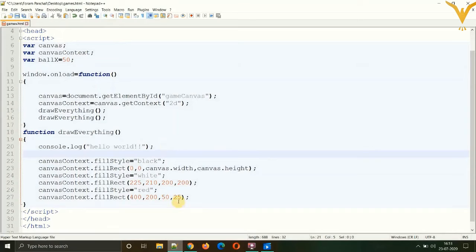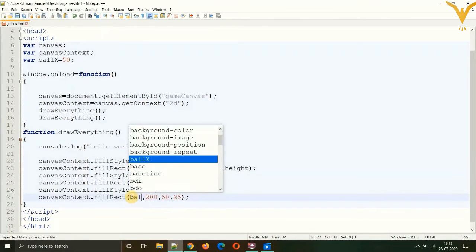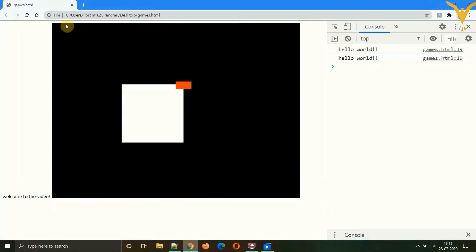Now what we can do is change any of the coordinates and replace it by ball x. So the x coordinate of this will be 50, 200, 50 by 25. Save it, refresh and view the file. Now you can see that the red rectangle is starting from 50 from the left, but there's still no